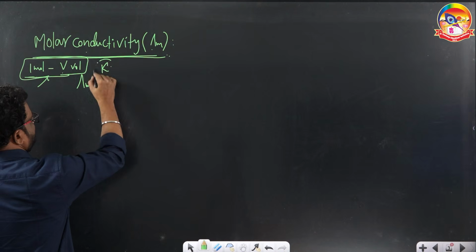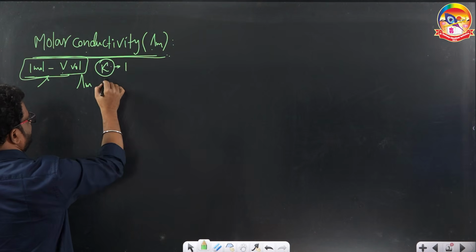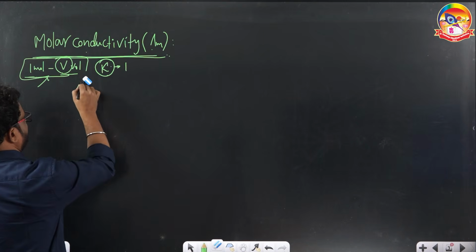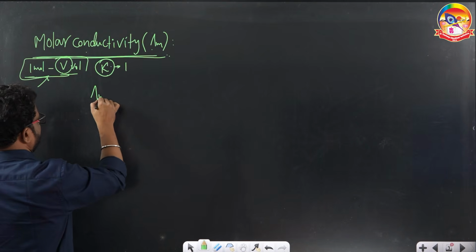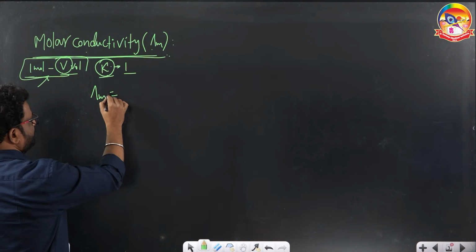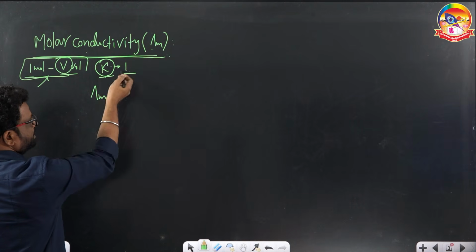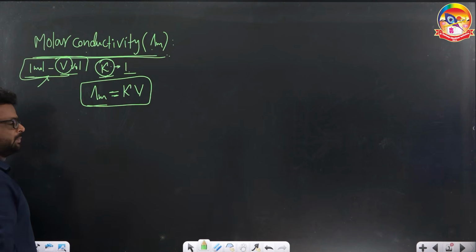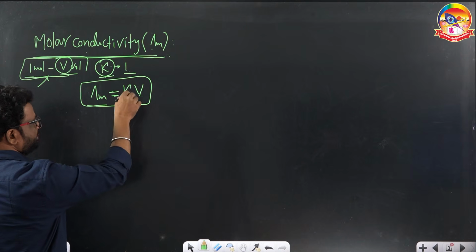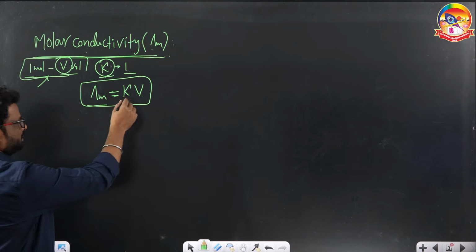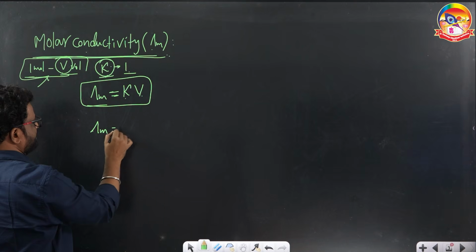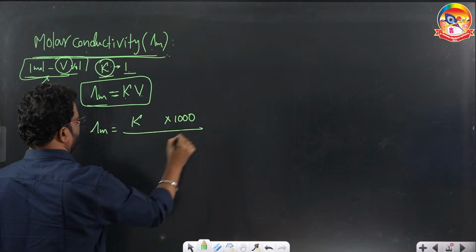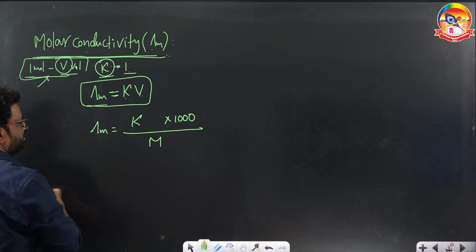If K is the conductance of unit volume, then the total conductance of V volume will be molar conductivity, and that will be equal to K into V. This is an expression for molar conductivity in terms of K and V, but on modification of it into the concentration term, we will get lambda m is equal to K into 1000 by molarity, in the units of